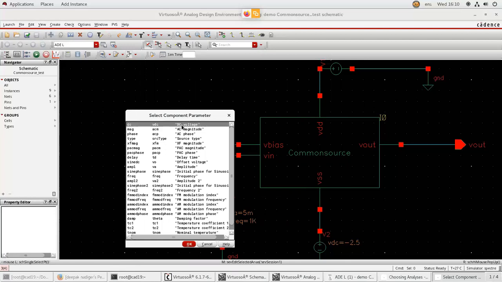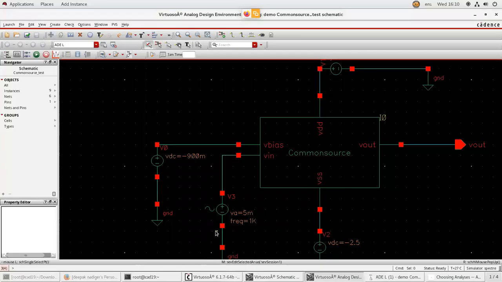Select on DC and press OK. What you have done, you have changed your sinusoidal voltage to DC voltage.